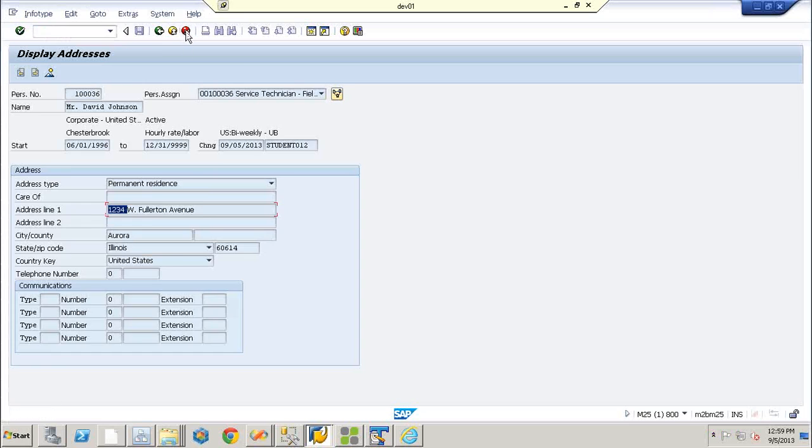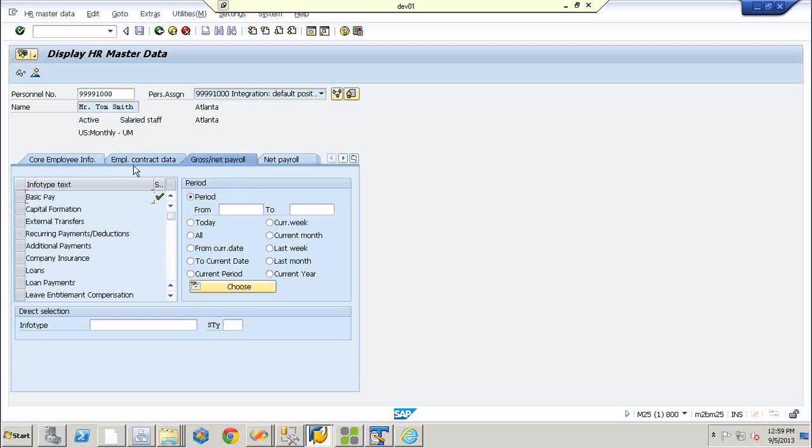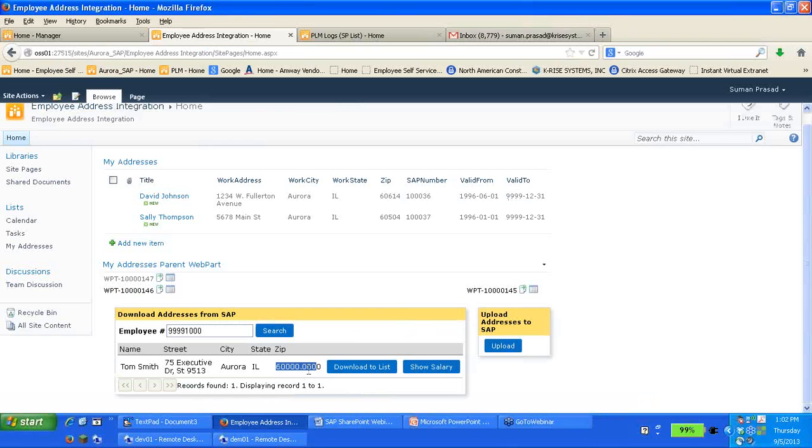Let's go to this employee here, 999910. Do a quick search on this person. Thomas Smith. I want to look at his gross payroll. Basic pay display. So here is his annual salary in the form. And that's what it takes us to bring